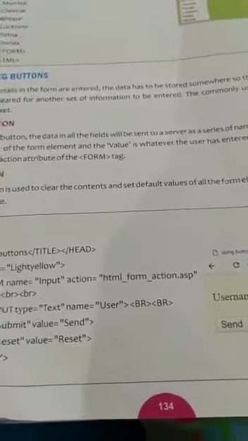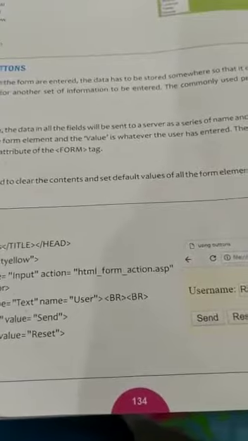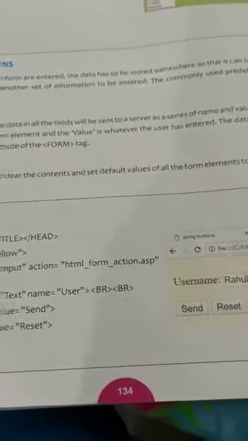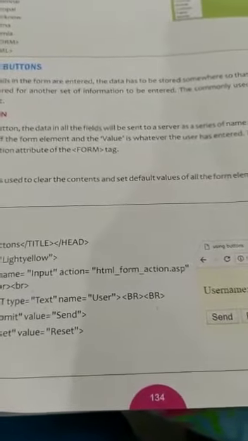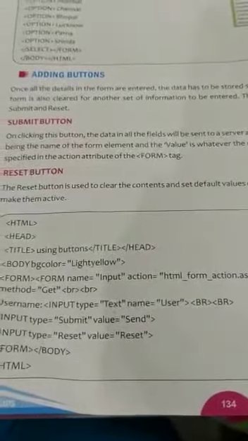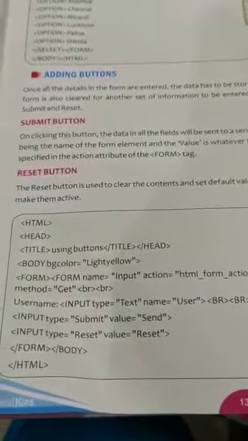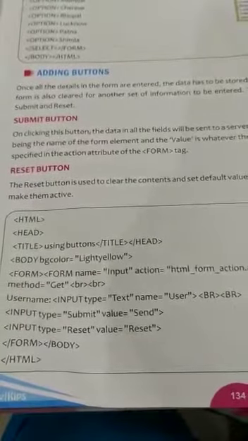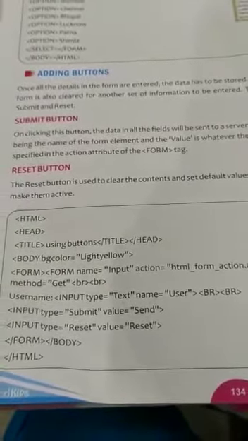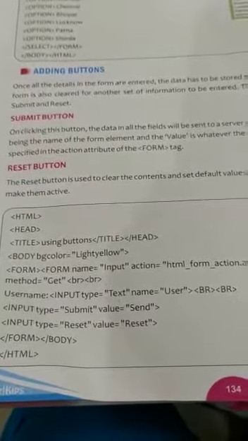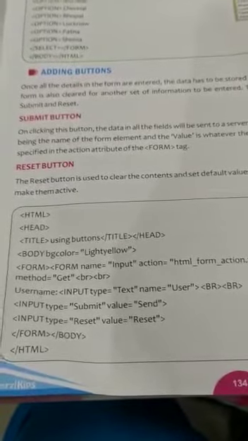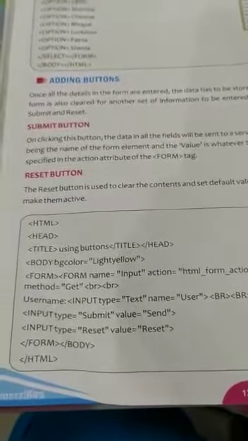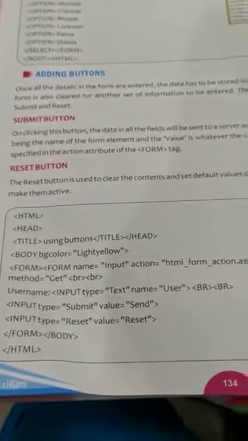So we have discussed different input elements that are used to create a form. We can choose the element that suits the particular demand of the information that is being collected from the user. Then at last we need to add the buttons, that is the submit button and reset button. Submit button is used so that all the data in the fields that are mentioned in the form will be sent to the server and stored for further use, and reset button is used to clear all the content and make it active for another user to enter their information on the form.